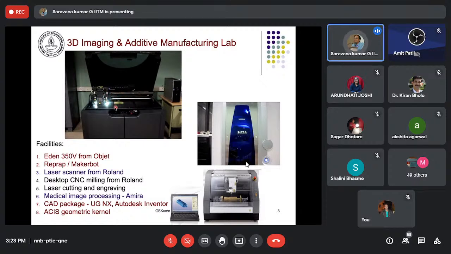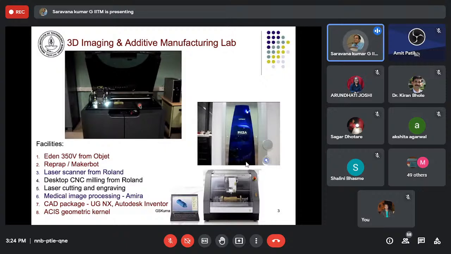The build platform that I'm pointing to here goes down and it jets the polymer, which is polymerized using a UV light. The flood light that you are seeing here polymerizes the part. We have been extensively using this for our product design and development activity.